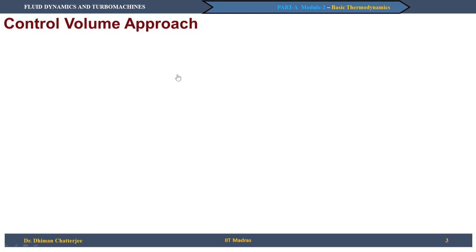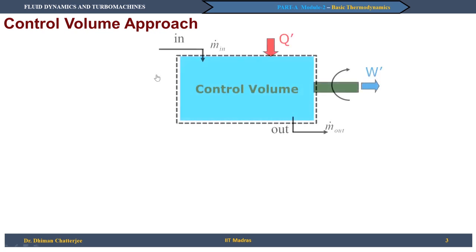Next thing we have to talk about is the control volume approach. In the case of a turbo machine, the fluid flow enters the turbo machine and then leaves. In the process there can be heat and work transfers. We have to understand that this is a flowing process. This is not a non-flow system like you can see in some other examples,